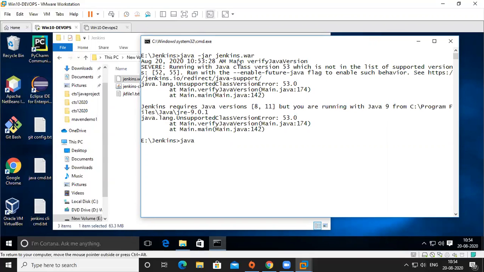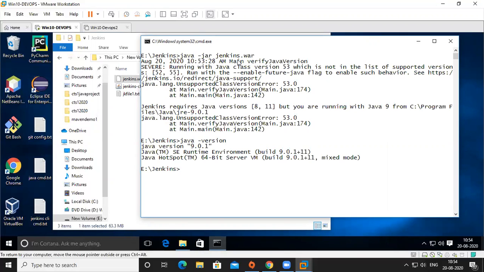So what happened? Java -version. Yeah, I think I installed a 9 version. Earlier when I installed, 1.8.0 something was there. Then yesterday in the last class we installed 9, right? It got confused between 8 and 9.